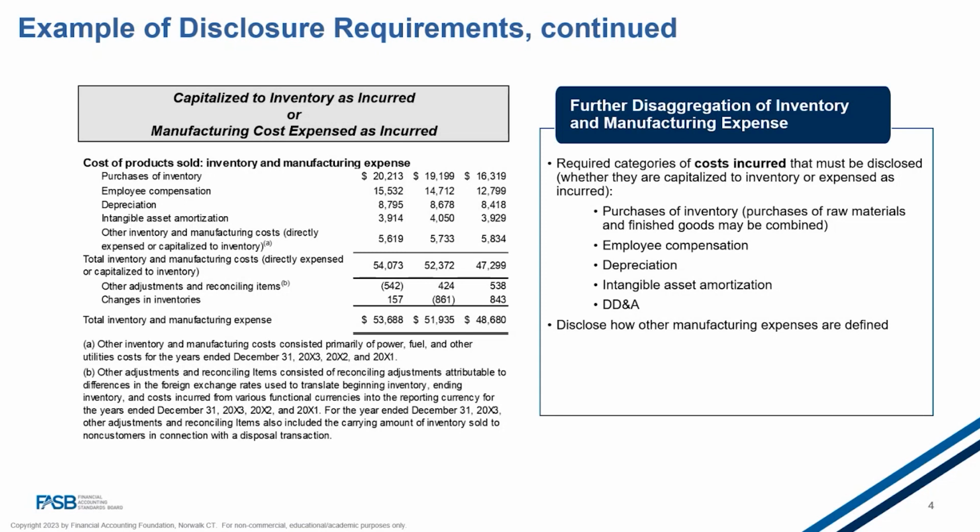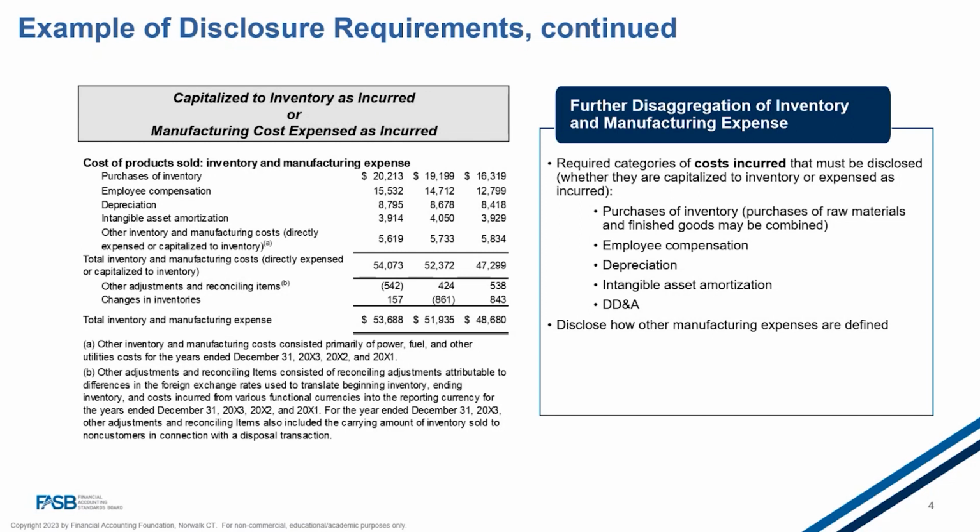A cost incurred approach is expected to provide more transparency into current period production costs and alleviate some of the concerns we have heard around the practicability of disaggregating costs of products sold when most of those expenses recognized were previously capitalized into inventory. However, in any given year, production is not likely to equal sales, and therefore costs incurred, such as the amounts paid to employees during the period, will not equal the amount of expense for labor recognized